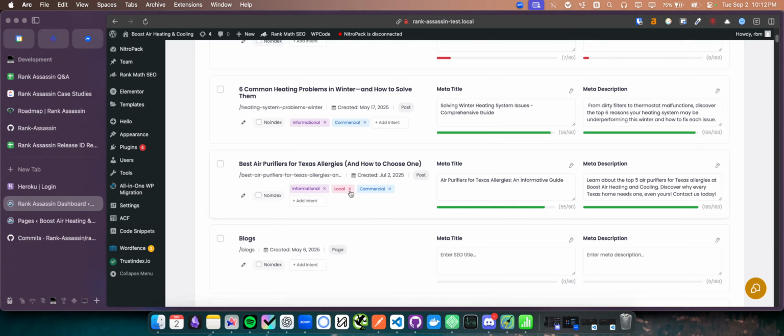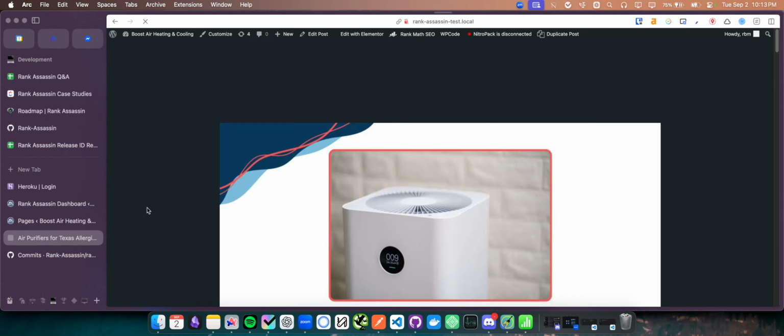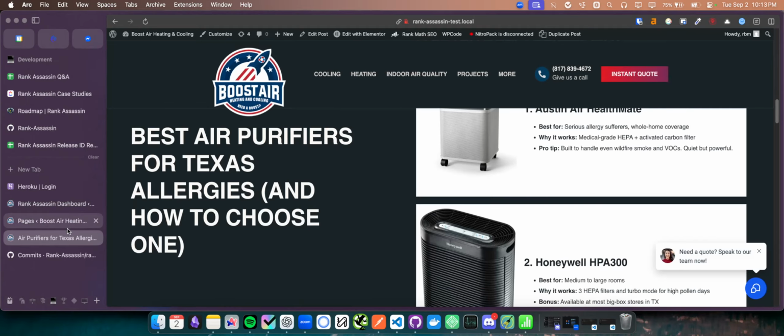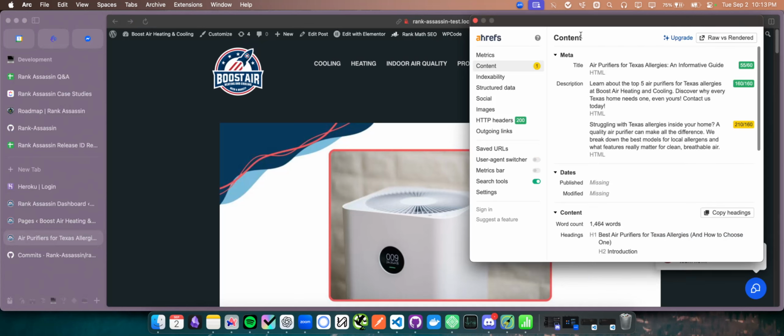So right now it's a combination of informational. There's a mix of local since you're talking about Texas, and it's kind of commercial since you're talking about what is the best purifiers. This exact search term is semi-commercial. You are in the decision phase in the buyer funnel, and you're essentially wanting to promote what are good air purifiers. Just for this example, and now you can see that it's within the recommended range for SEO, and the same thing with the meta description here. It bases the content on the headers and automatically adds that meta title and meta description here in the dashboard. If you check on this page, you will see that it did apply right here,